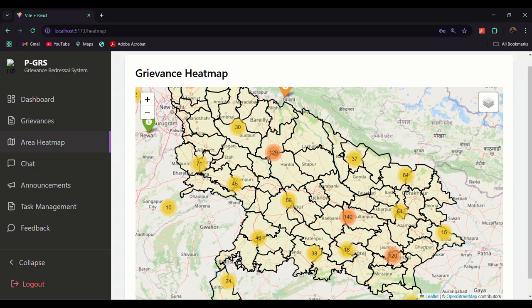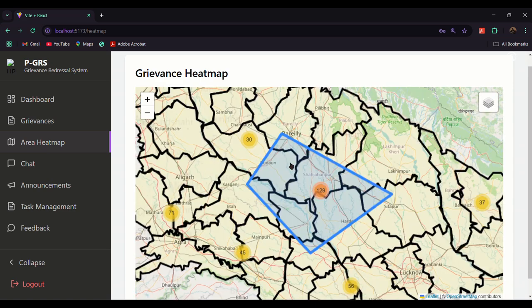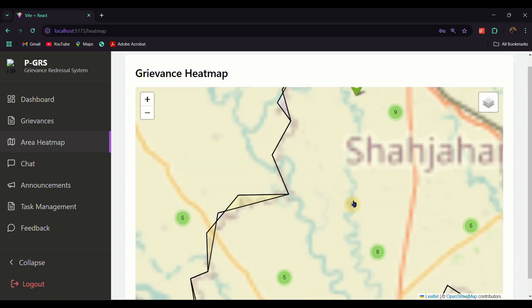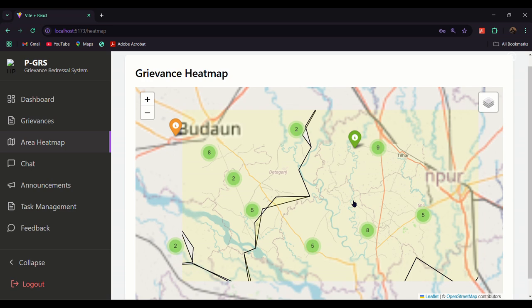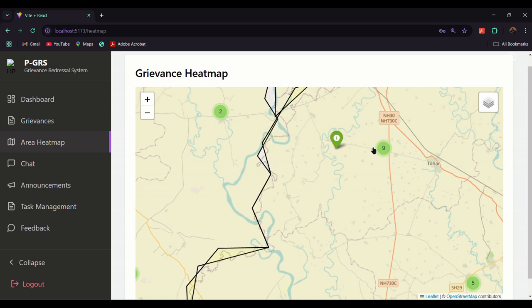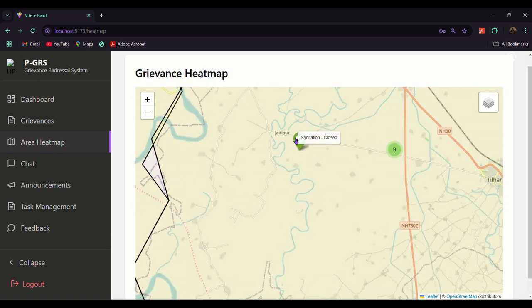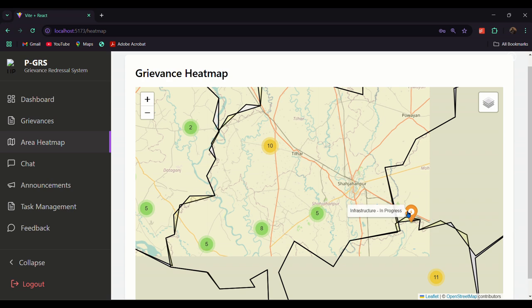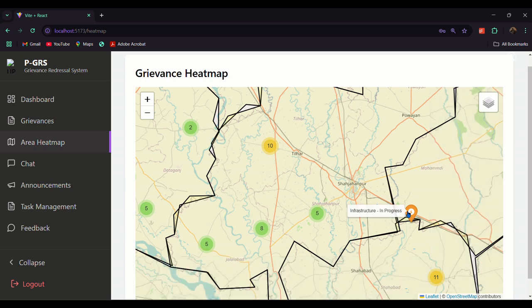If any city or district is given, and anyone wants to see the number of grievances according to it, or the density accordingly, they can go through the grievances and act accordingly, seeing what the grievance is in a particular area. For example, here green is for the sanitation of the area. Accordingly, we can find more and more grievances or issues in one environment to track for the entire